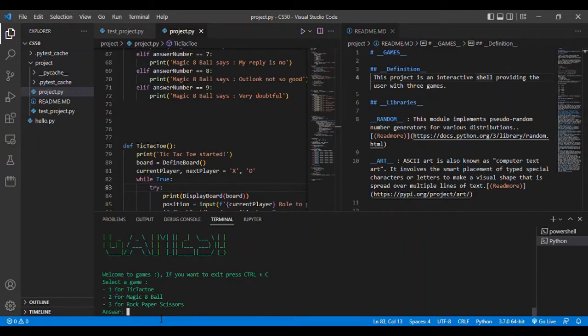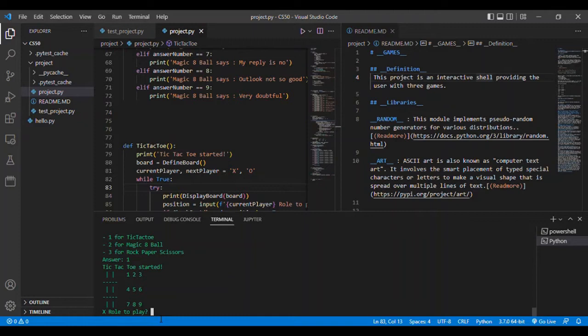So let's enter 1. Now the user will be able to play the Tic-Tac-Toe game. This game is a game for 2 people. Now it's X's turn to play. X has chosen the position 1, so position 1 will be filled with X. Now O will select 5, X will select 9,